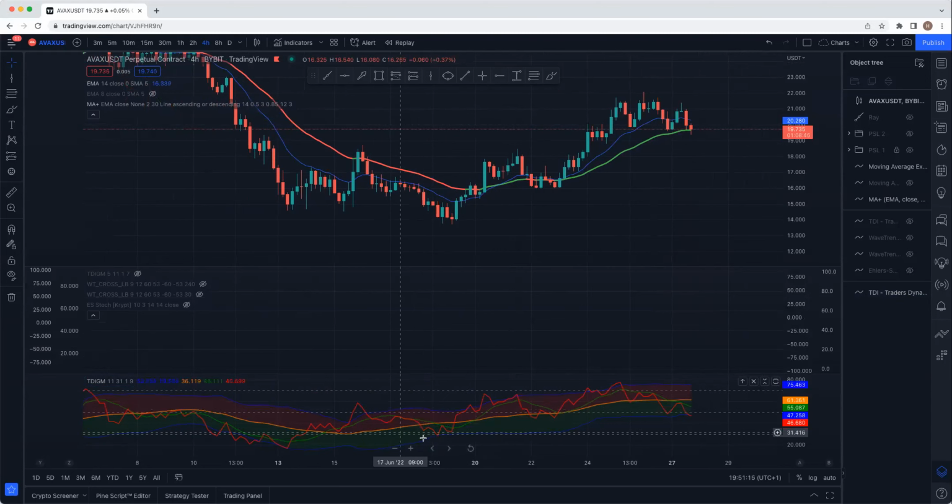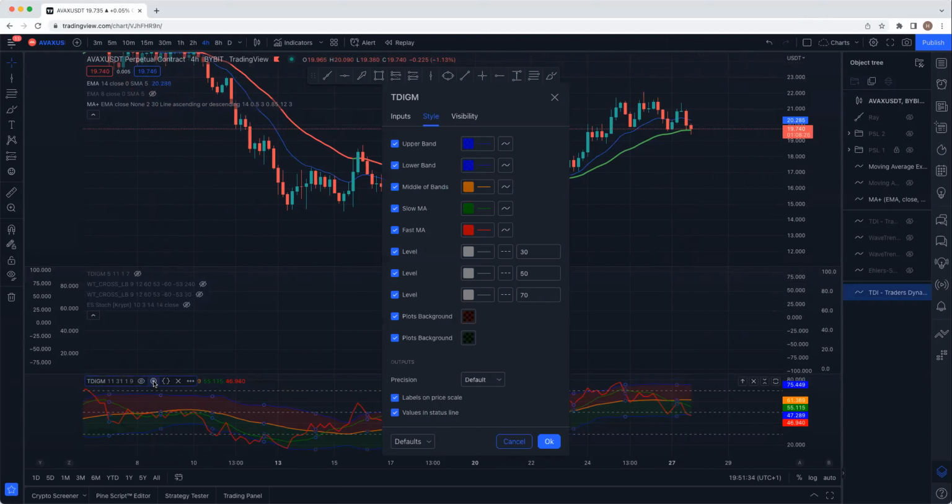Now, what this indicator does is it tells you the direction of the market. We have what we call the bands, the blue lines that you see here. When you go into settings, it brings up all the settings that you have.